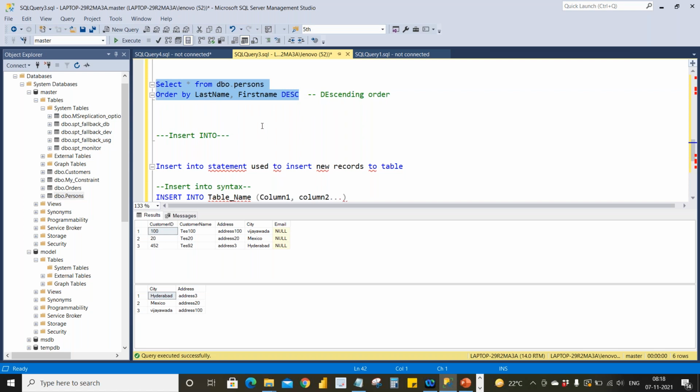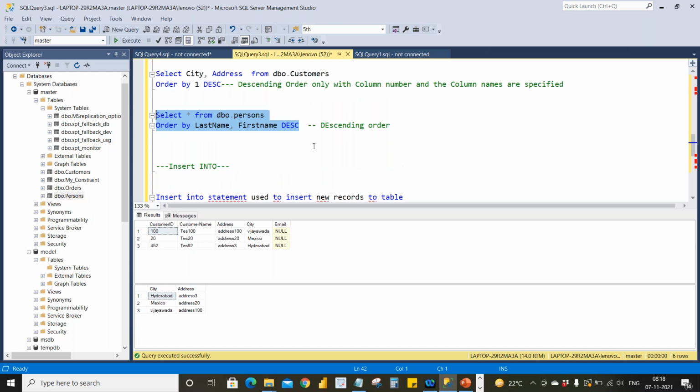We have duplicates in dbo.persons. We will check in that way, or we can also check in this way as well. First, I'll explain with customers and then we can go ahead with other tables.